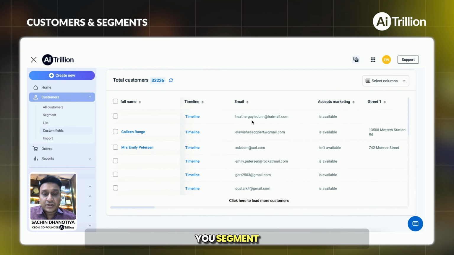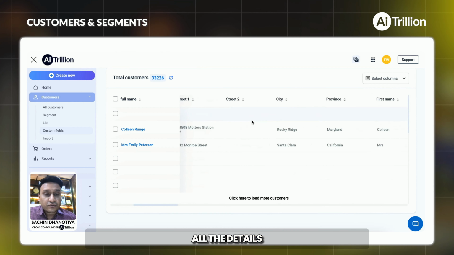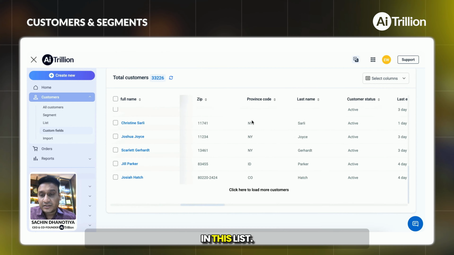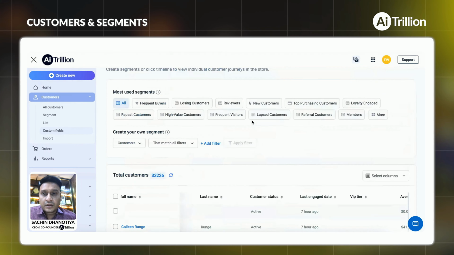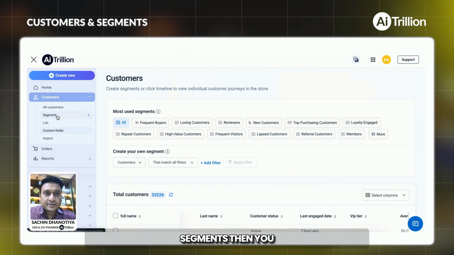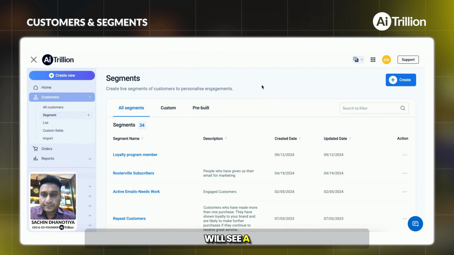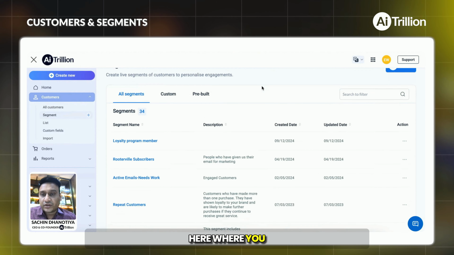And as soon as you segment the customers, you can see all the details of the customers here in this list. If you click on segments, then you will see a segment dashboard here where you can see all the